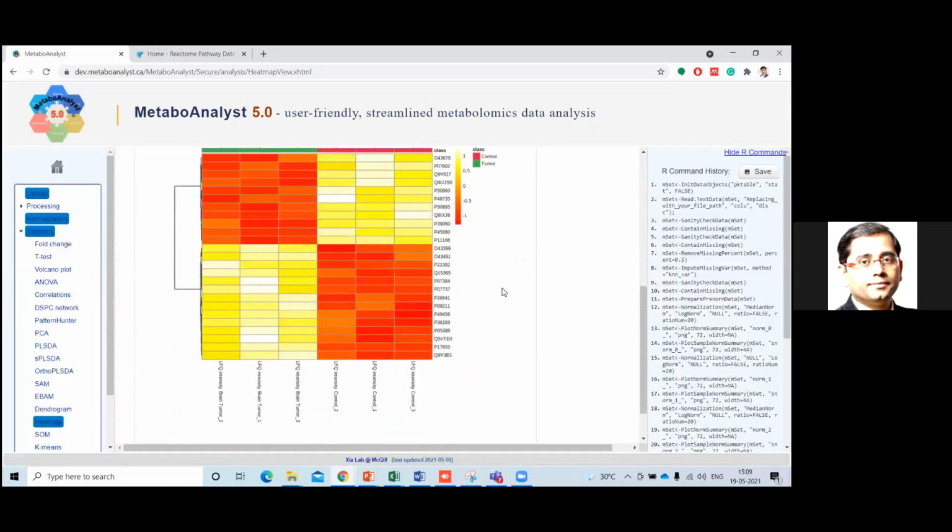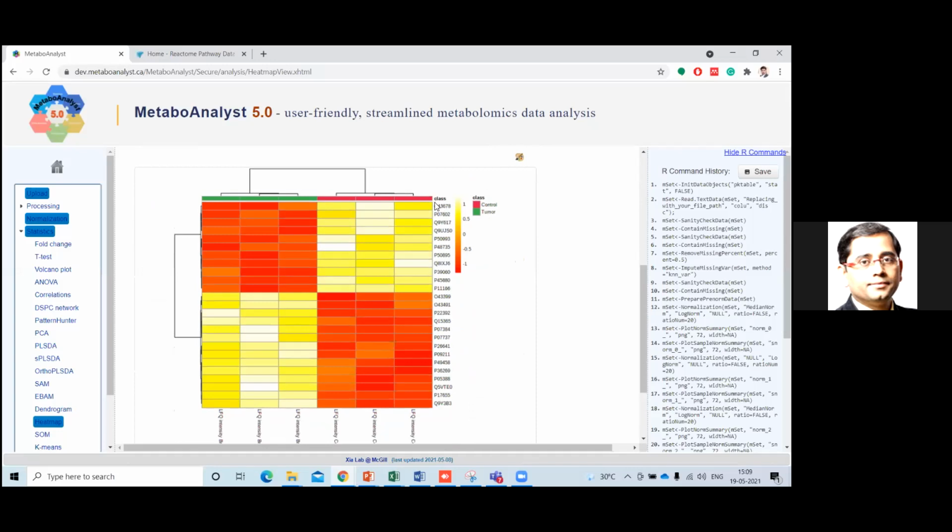So now see. Once we get the top 25 features, you can see there's a clear difference between the control and tumor. That means these particular proteins have very high expression in tumor and low expression in control, or wherever there is high expression in control, the opposite. So these particular proteins surely have some biological interpretation, and a link to why the tumor or the disease is happening.